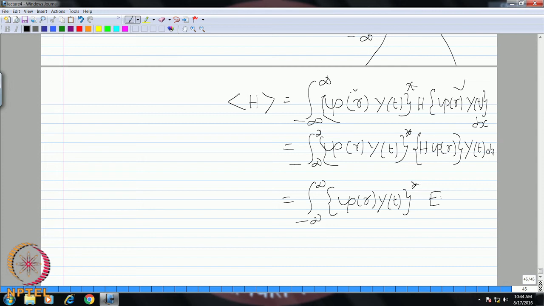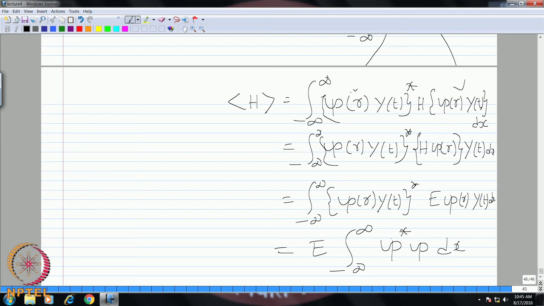So, this entire term is now E psi, and since E is a constant, okay, so we can actually take this term E out and therefore, this will be E of minus infinity to infinity. So, we once again convert back to our regular wave function psi, which is a function of r and t, psi star psi dx,